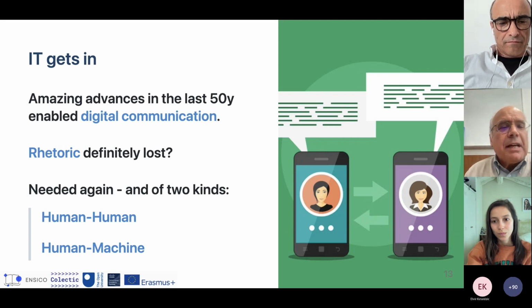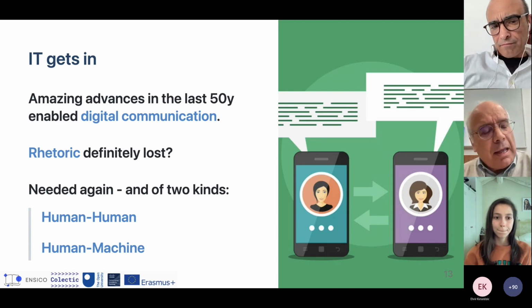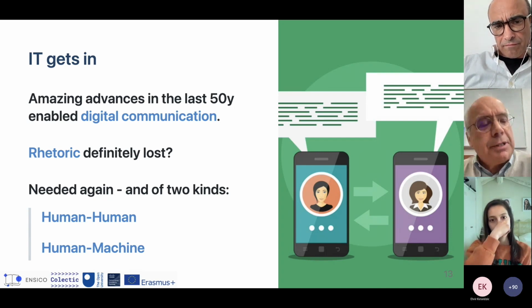Meanwhile, amazing advances in digital technologies enable digital communication. So what happens now is that perhaps we need rhetoric twice, because now we have two kinds of communication: human and human-machine. And when one thinks about human-machine communication, and about programming a machine, for instance,